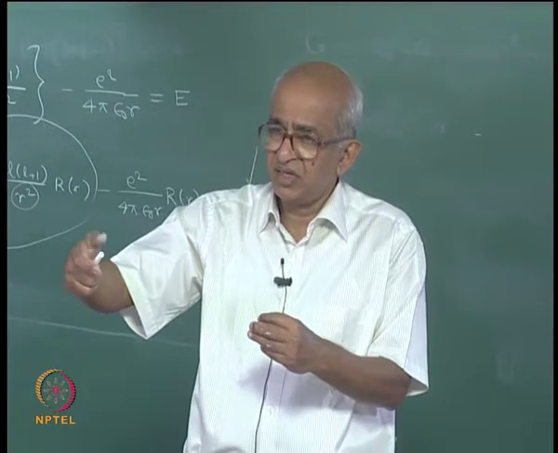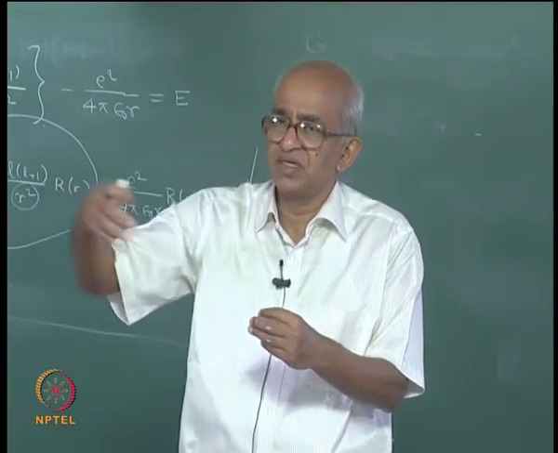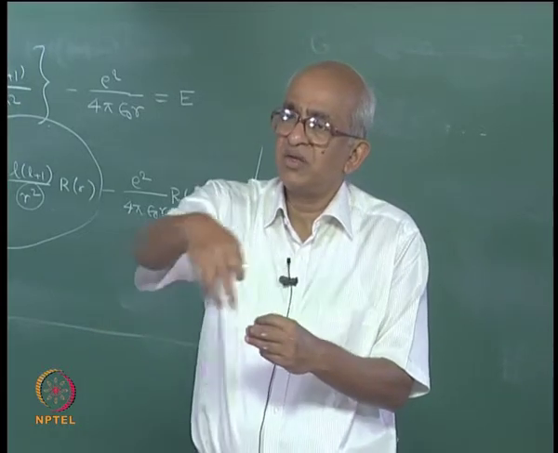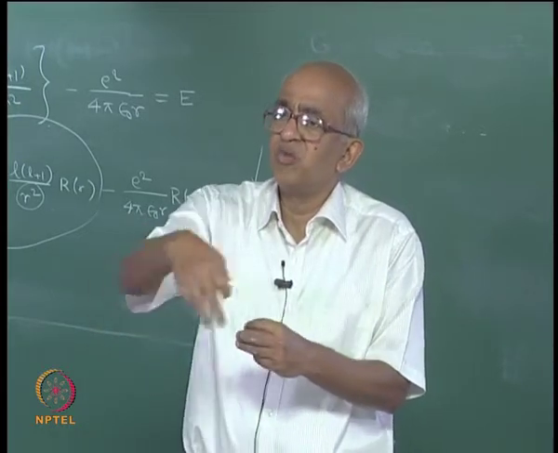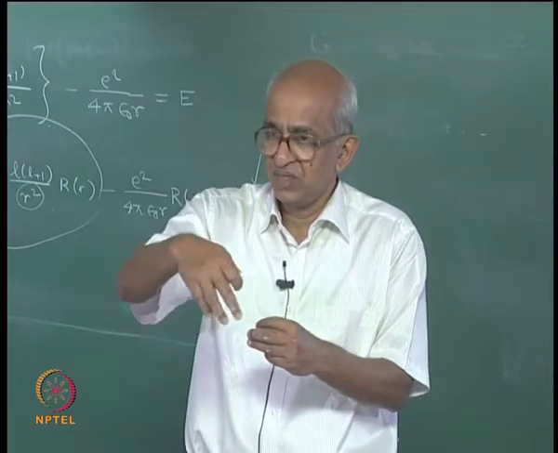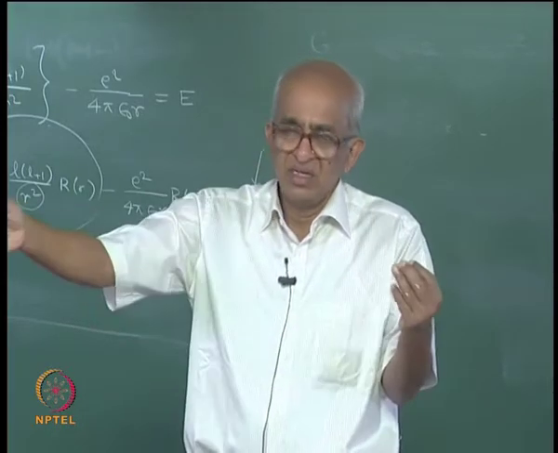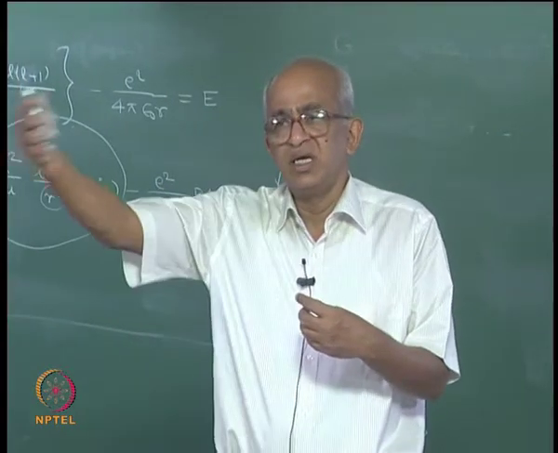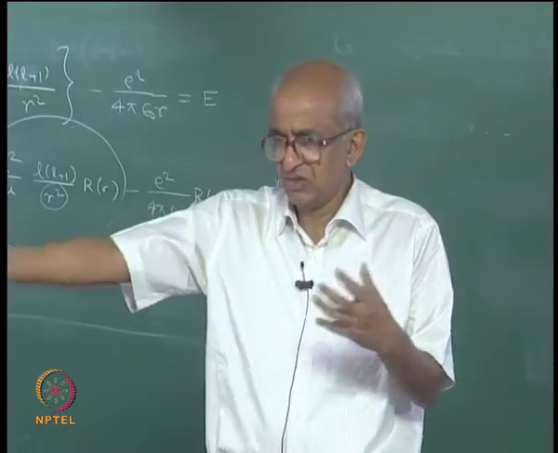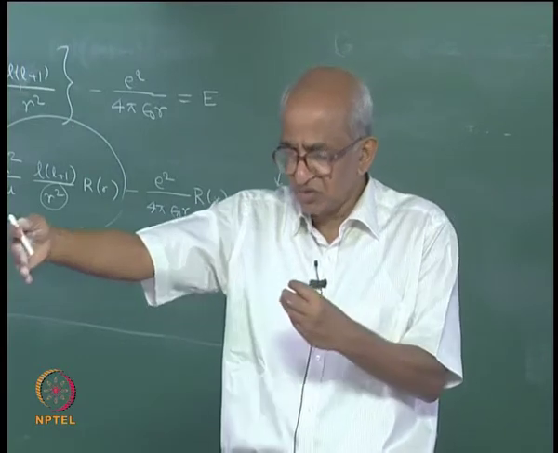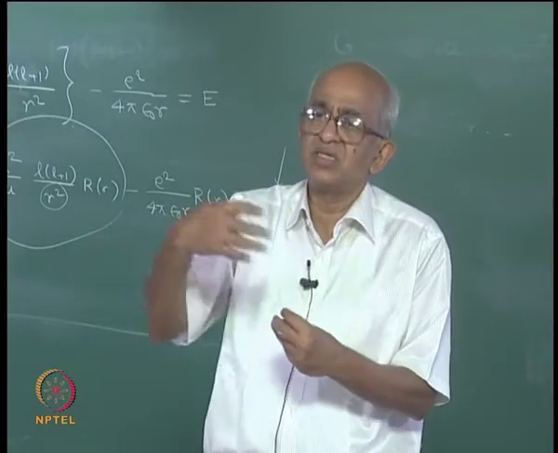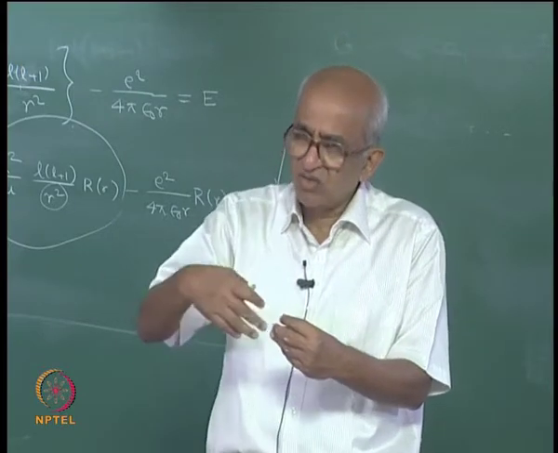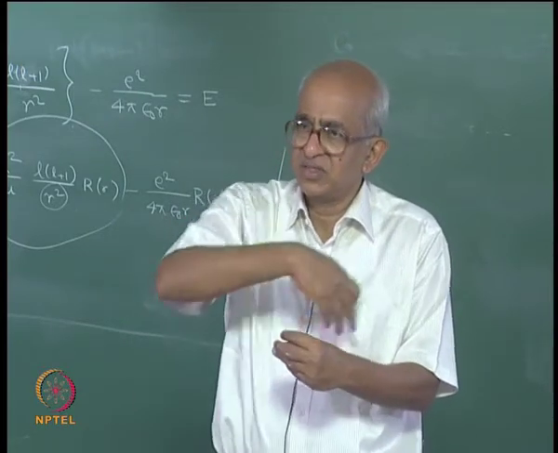So, how can it do that? I mean, from a large distance, if it comes closer, if the angular momentum is still to have the same value, then the electron should move much faster, right. So, if the angular momentum, I hope you remember the definition, it is a product of the mass into the distance into the velocity, right. So, if the distance decreases, the velocity has to increase, right. So, if the electron is close to the nucleus, it will be moving very fast.